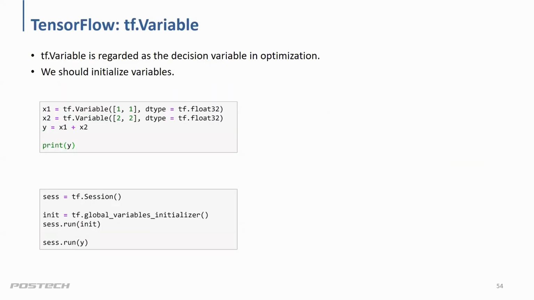Now I'm gonna move on to the second type of variable. Here is tf.Variable. This is a variable, and you can think of this one as a decision variable in optimization. So you remember, let's say we want to minimize x. Suppose we're doing gradient descent, then